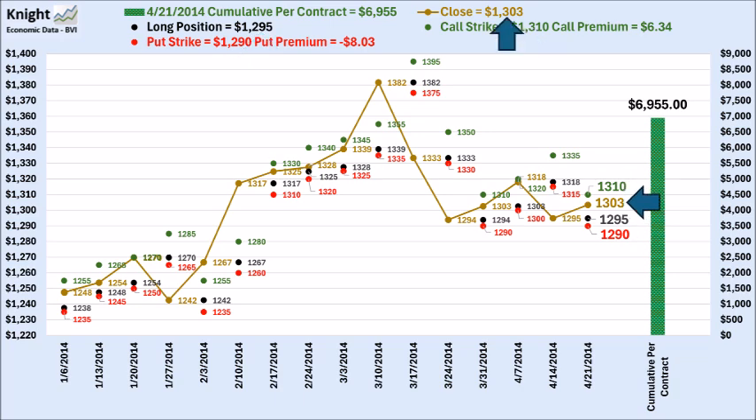At expiration, the market settled at 13.03. Neither the 13.10 call nor the 12.90 put were exercised, netting us $611 on the week, bringing the cumulative net profit per unit up to